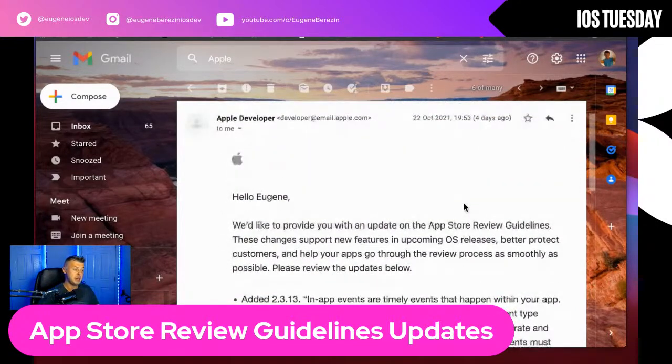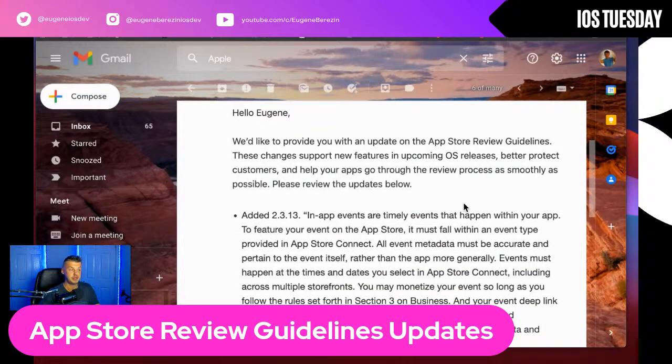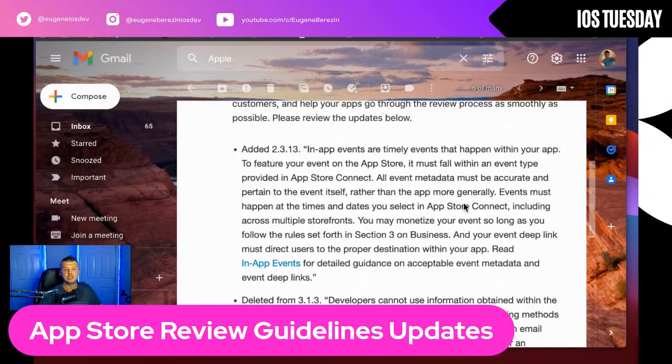Hello Eugene, we would like to provide an update on the App Store review guidelines. Those changes support new features in upcoming OS releases. OS stands for operating system. But to better protect customers and help your apps go through the review process as smoothly as possible, please review those updates. So the first update that is available is